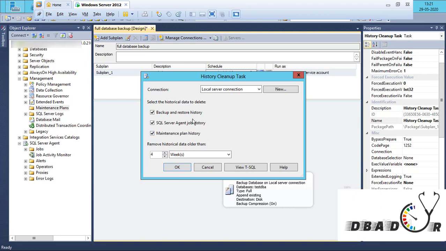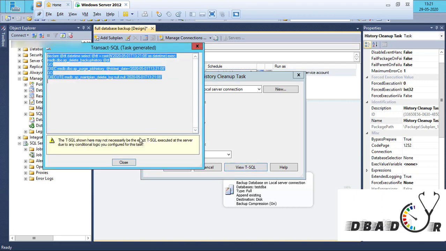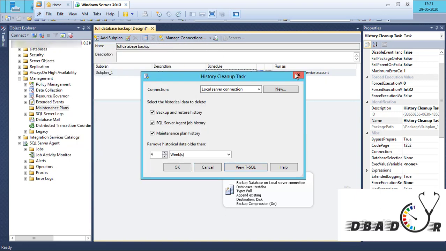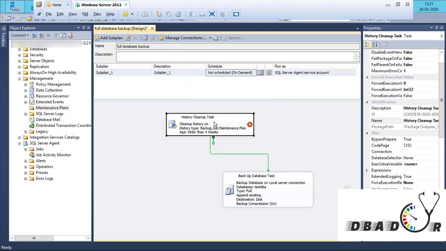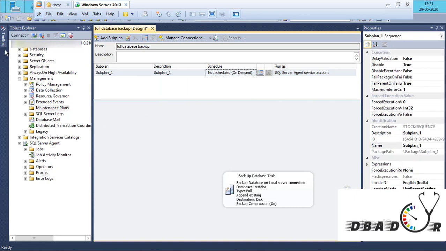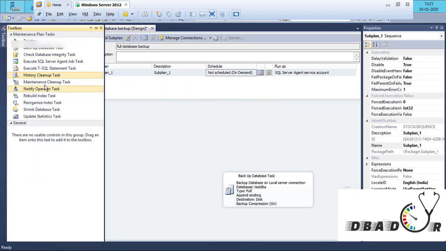We will select the historical or agent and maintenance. Based on that it will remove historical older data. Okay, this is what the function is, but this is not very good as compared to some other options which we can choose here.